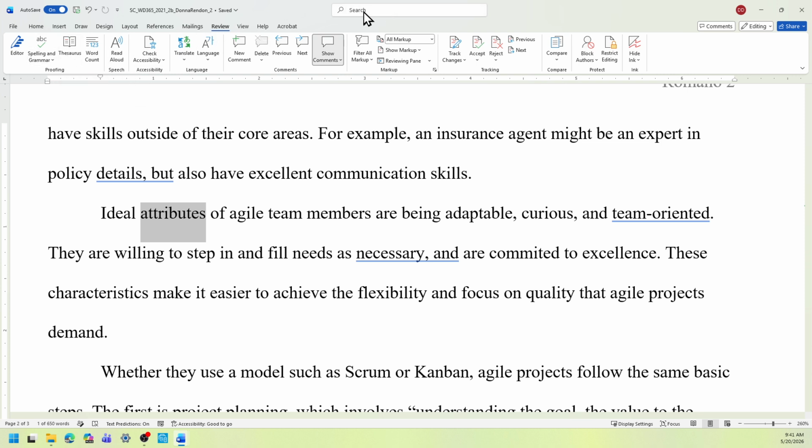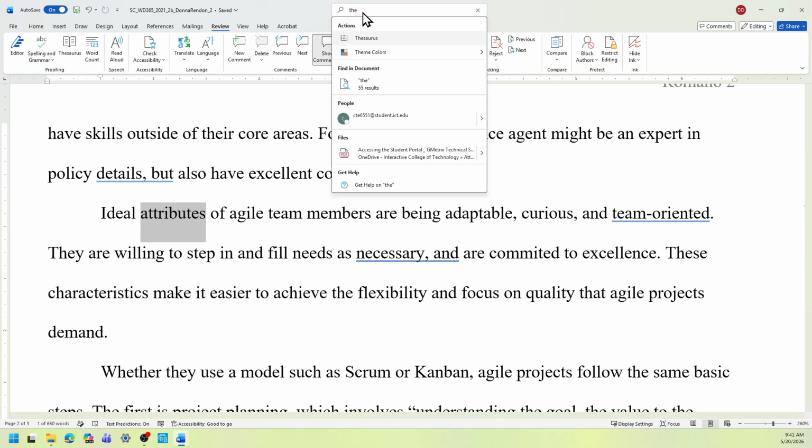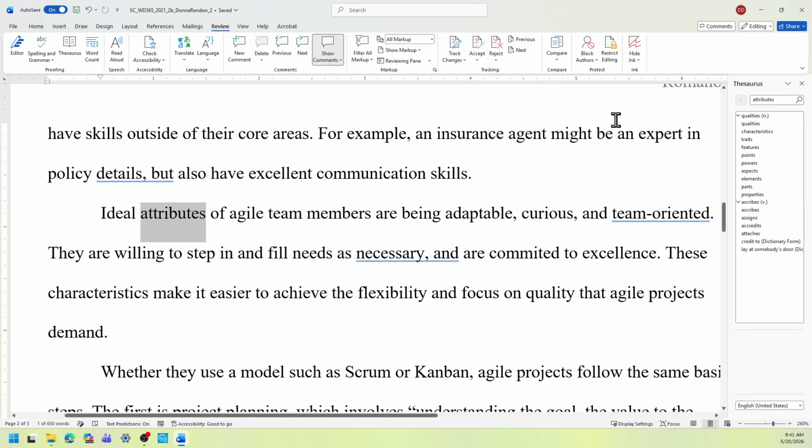You can also type thesaurus in the search menu if you can't find it, and I'll do that. Thesaurus. Here is the thesaurus. Again, the thesaurus is in the proofing group. You either select here or you select in the search bar. You're going to end up in the same menu.